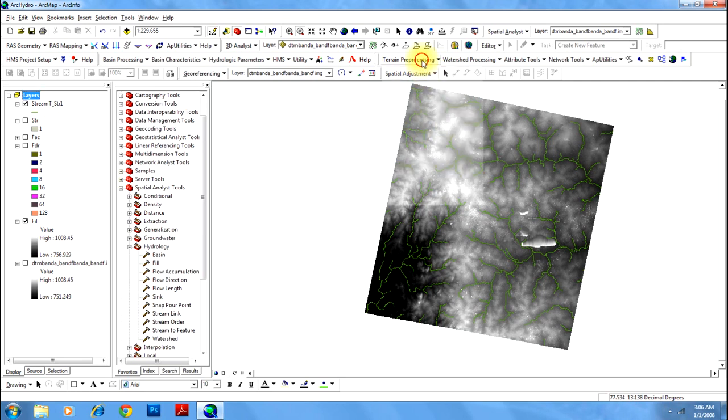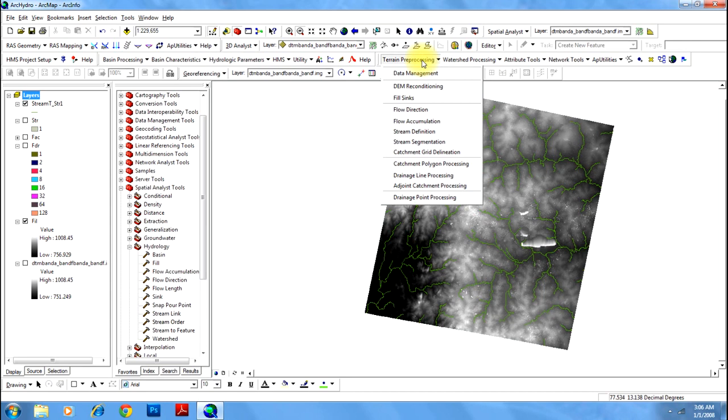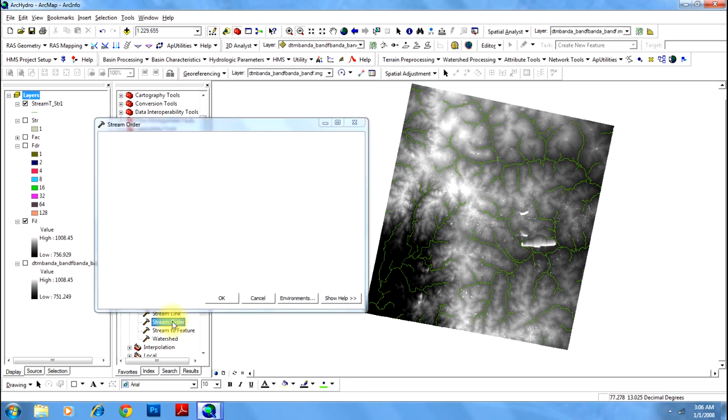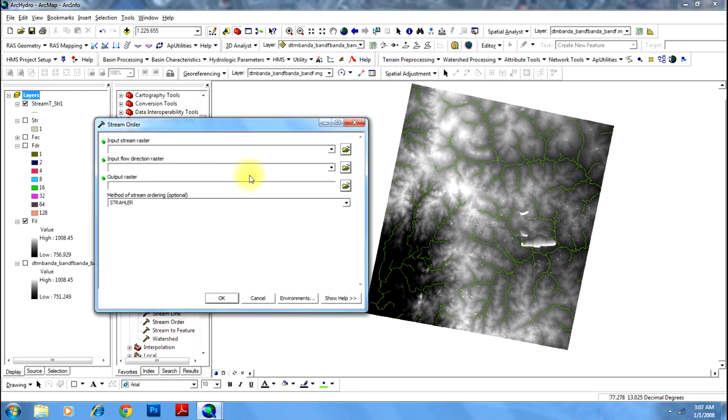Go to the terrain processing again and select the stream segmentation option to segment your streams. But there is an easier option to do the stream ordering. I'll go to this spatial analyst hydrology tool and go to the stream order option, which will display this dialog box.